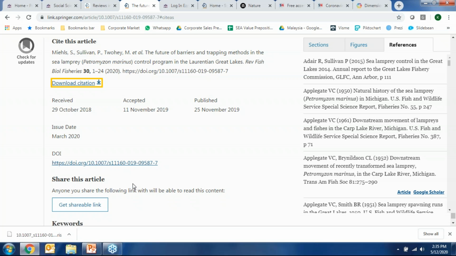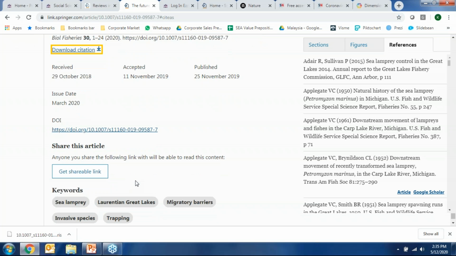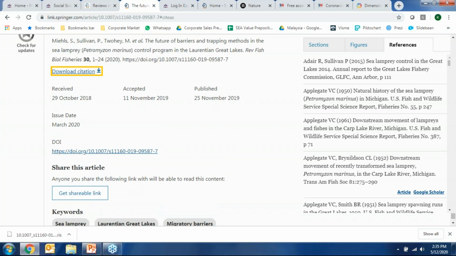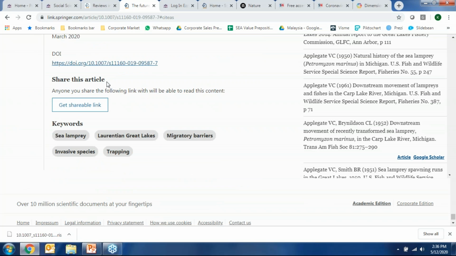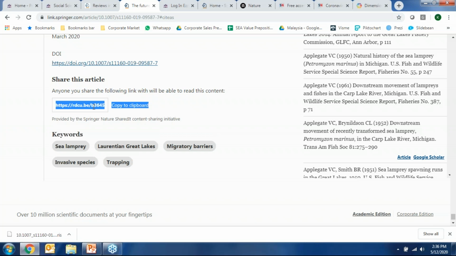Okay. Well, yes, I forgot as well. All the way at the bottom of the article itself, there is this share this article. So we call this a share it link. Basically what it does, it allows you as an authenticated user to be able to obtain a shareable link that you could copy and share this exact file that you are reading and looking at right now with someone else.